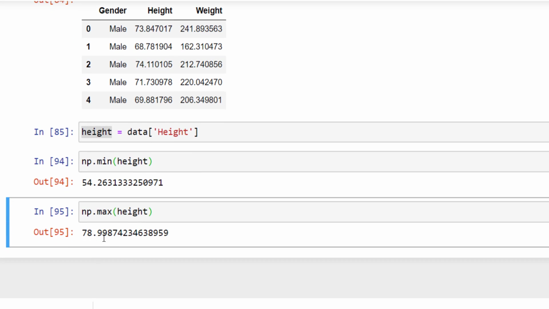So 78.99 is my maximum height. If you want to round off this particular maximum height to 2 decimals, you can use the function round, and you can give 2 as an argument for 2 decimal values. So 79.0, because it was 99. If you give 3 here,